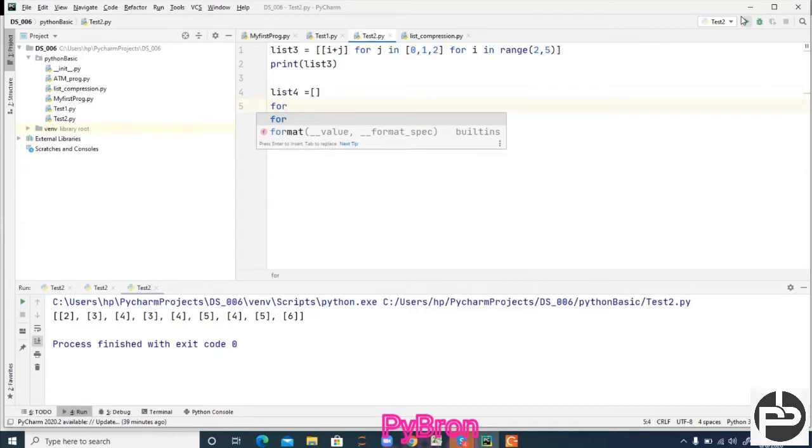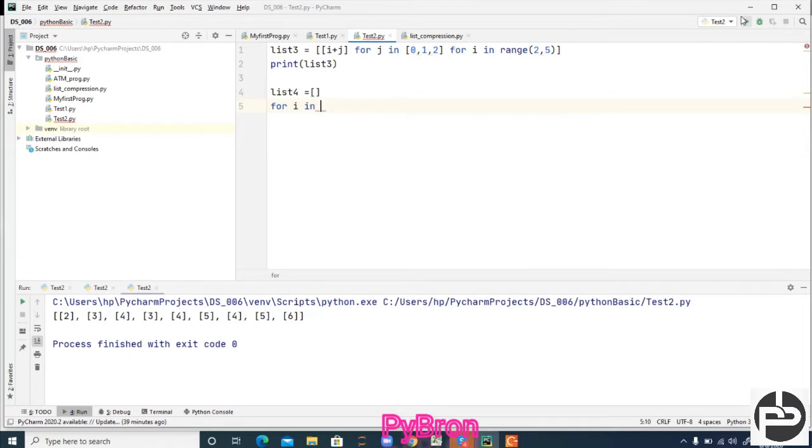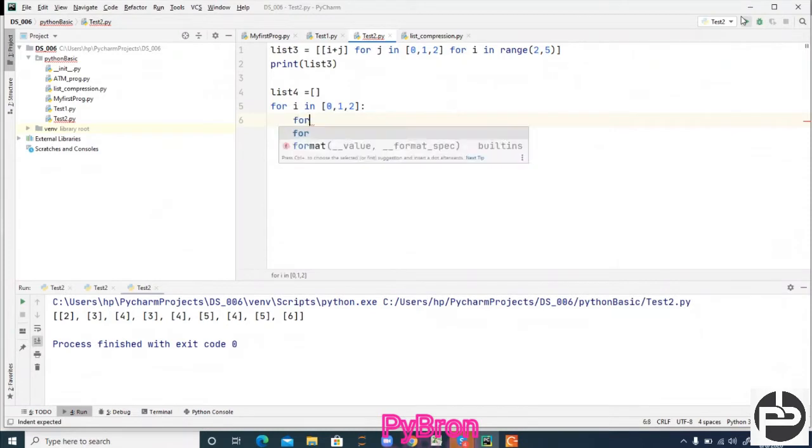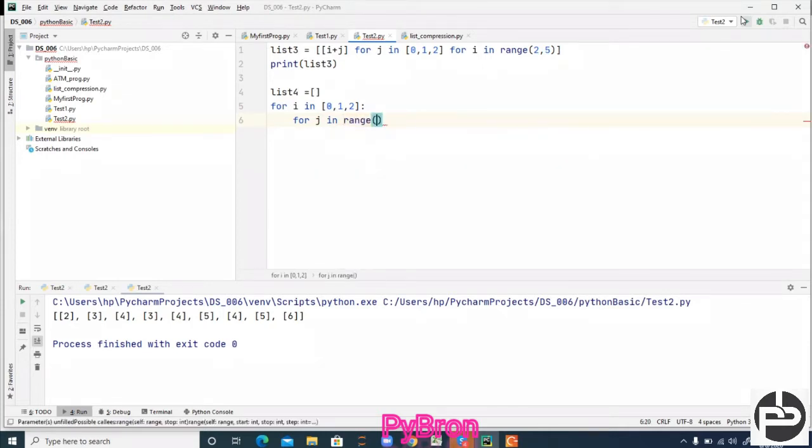For i in 0, 1, 2, and then for j in range 2 comma 5. I don't need to print here.